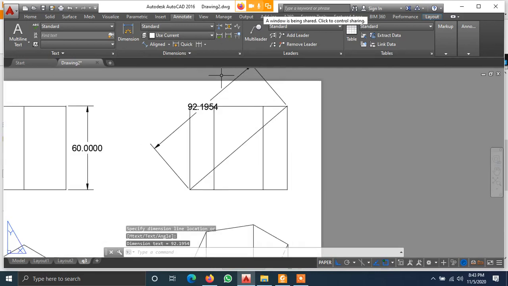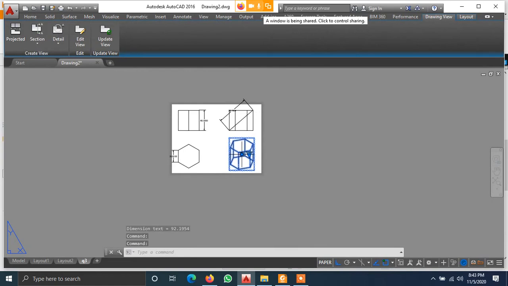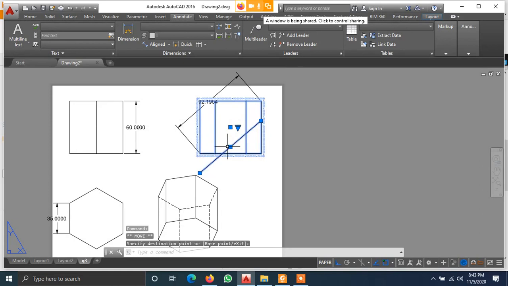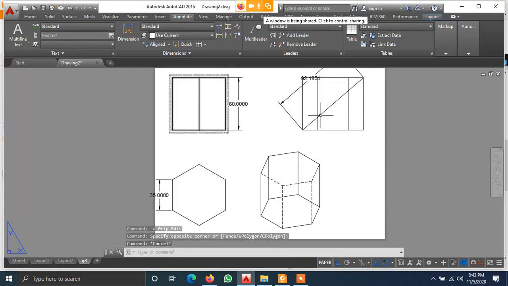Ensure the position of the object is very much clear. You can click on the figure and then move it wherever you want. Just adjust it accordingly. So this is your projection for question number 4.